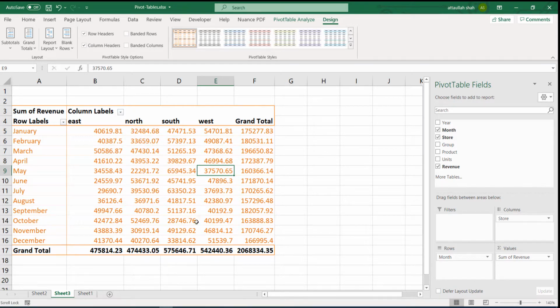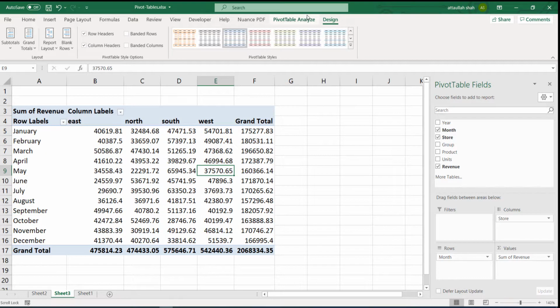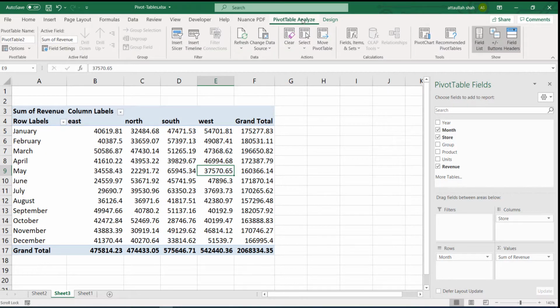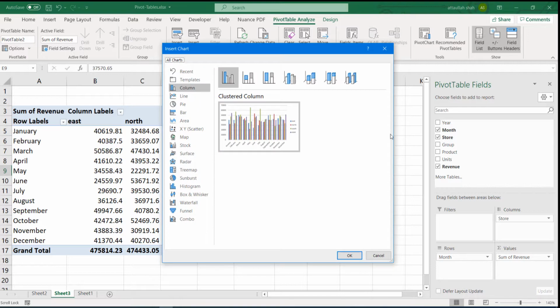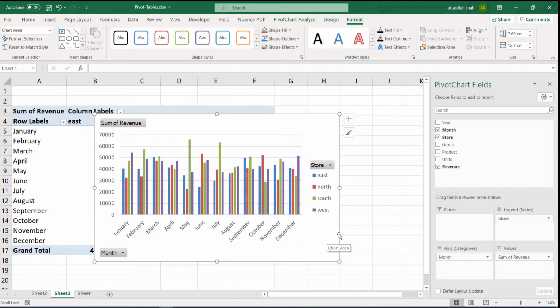Okay, and in the pivot table analyze, we also have several options. For example, pivot chart. If I click on the pivot chart, it will bring up the chart menu. So if I click OK, now I have a pivot chart that shows the sales by months and the sales by different stores.